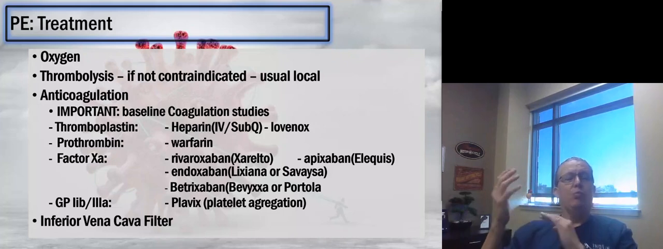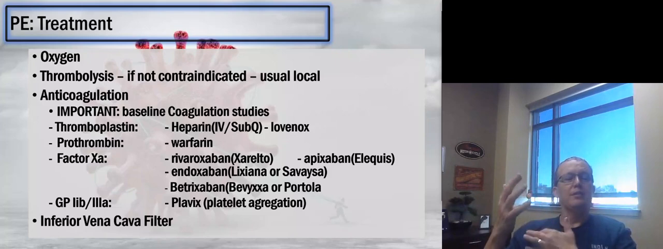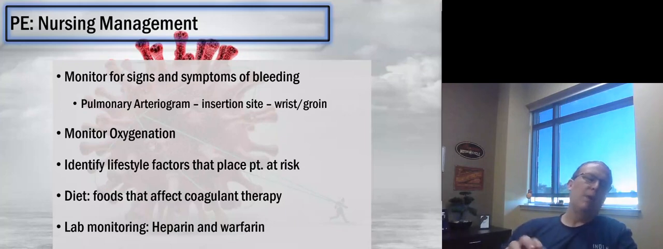And this is exactly what it sounds like. It is a filter that is placed in the inferior vena cava. It's a net mesh-like material through which the blood can flow, but clots cannot. So patients who have recurrent DVTs, hopefully we can intervene on them, find them prior to them evolving into pulmonary emboli, and this can be